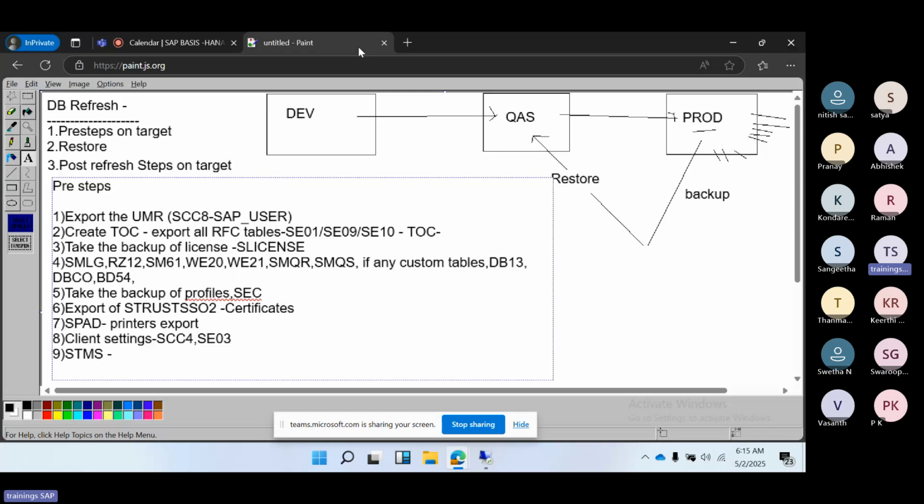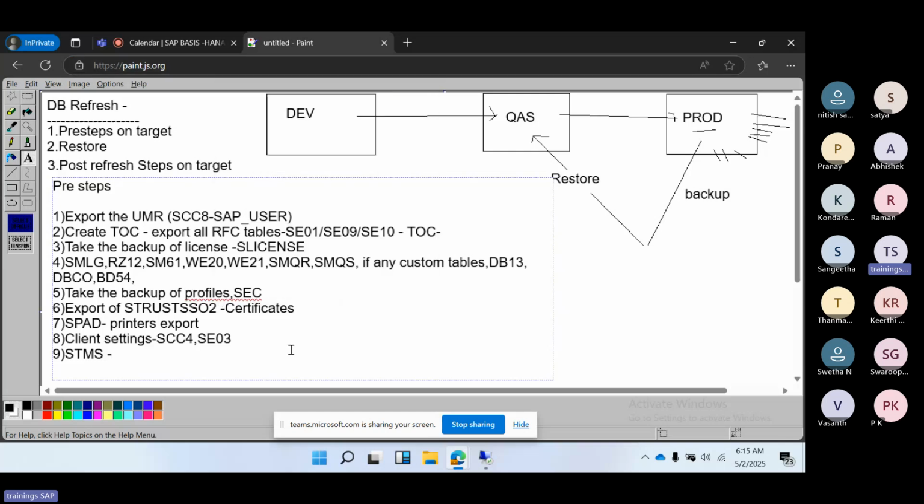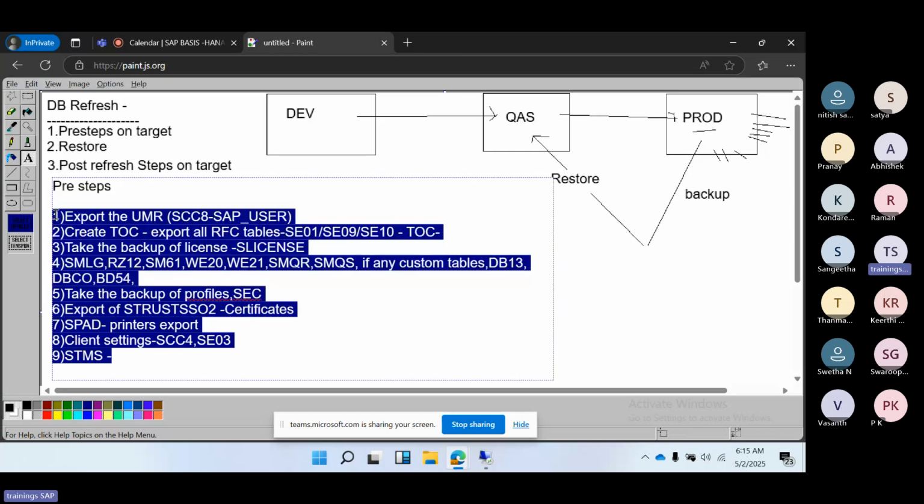Also you need to take the screen captures of the domain, because it will be overridden after that. So profiles and sec directory, printers, client settings, STMS, and yeah, these are the general pre-steps we have to take